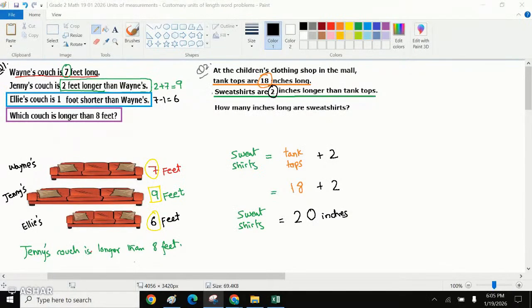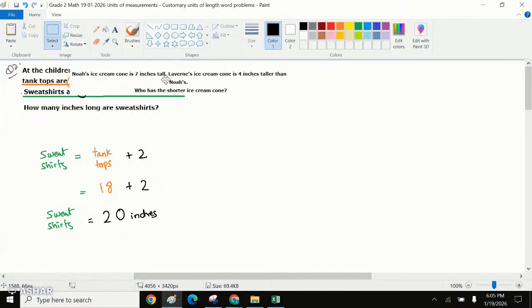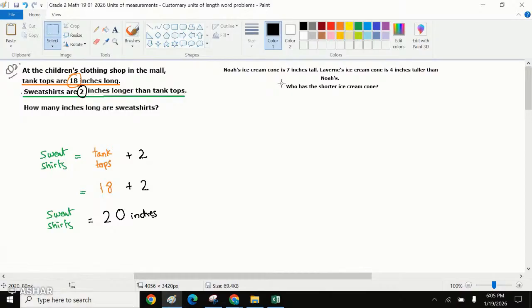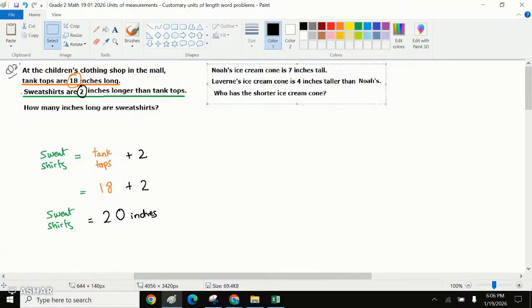Okay, let's see. For the next question, what they're asking us is, let me just realign this so that we have more space and we can even go read this. Okay. So if this is the given question to us, let's resize, let's read. Question number 3 says, Noah's ice cream cone is